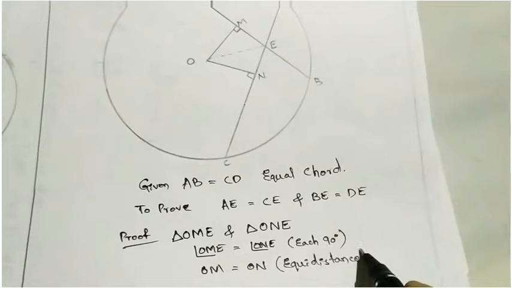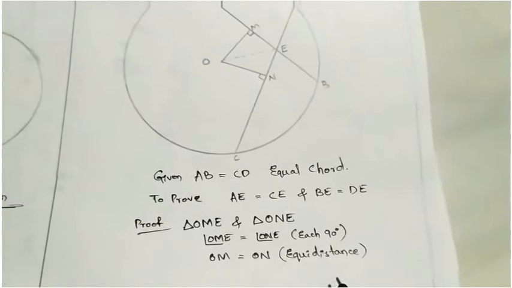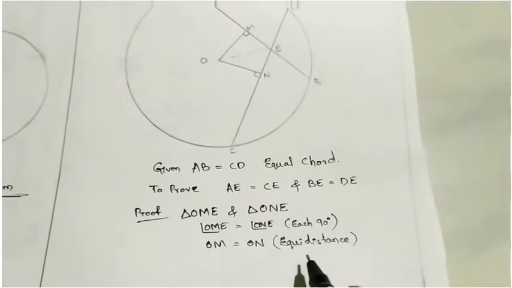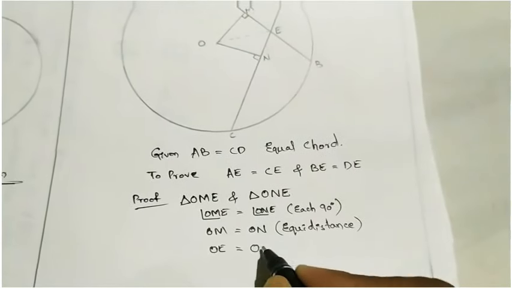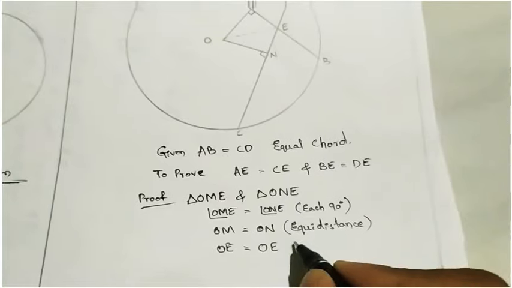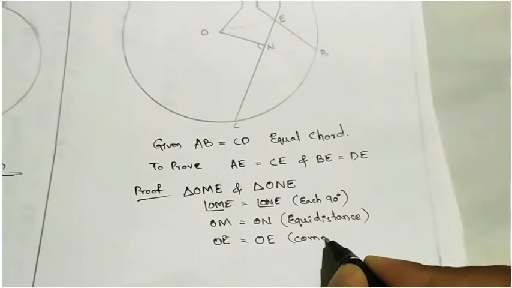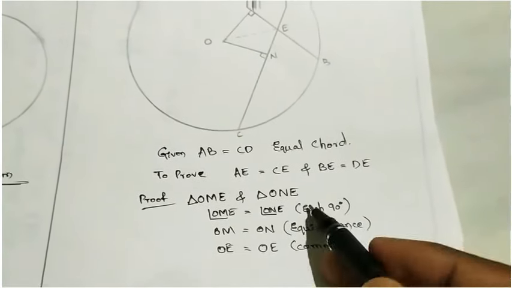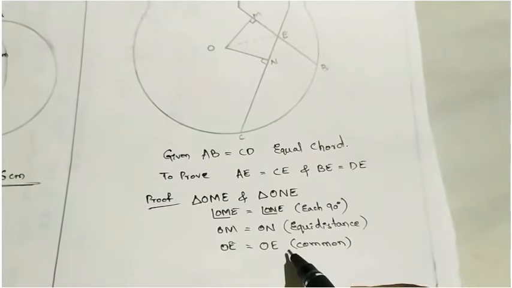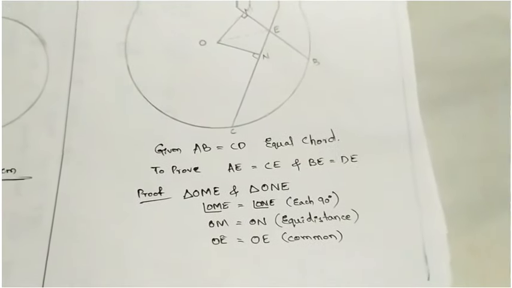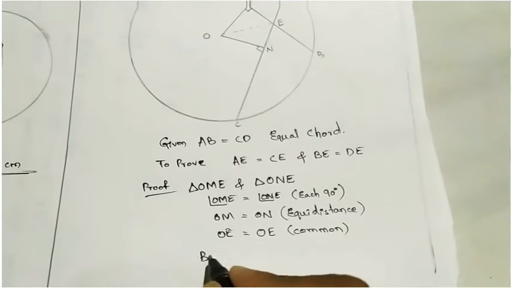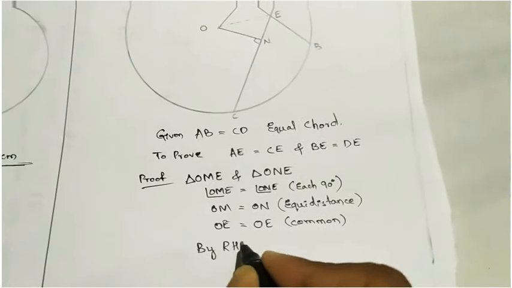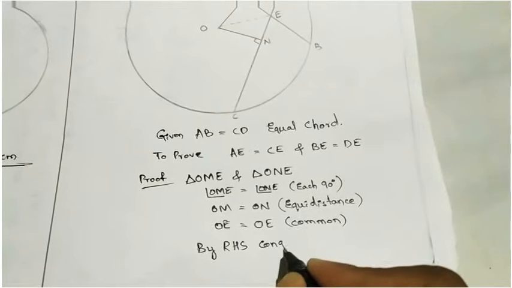Why is it equidistant? Because equal chords are always at equal distance from the center. Next, OE equal to OE, common. So by right angle hypotenuse, OE is the hypotenuse and OM and ON are sides. So by RHS congruency,